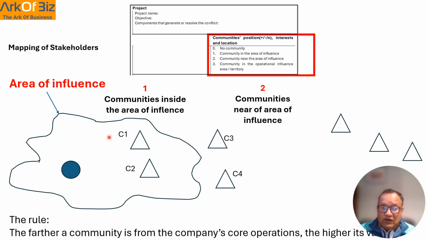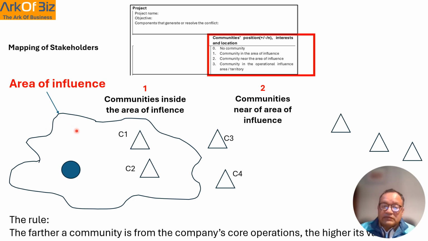Or analyzing air quality impacts from dust and emissions, monitoring potential economic effects on local employment or livelihoods. So once the company identifies the area of influence, that could be a large or a small area,